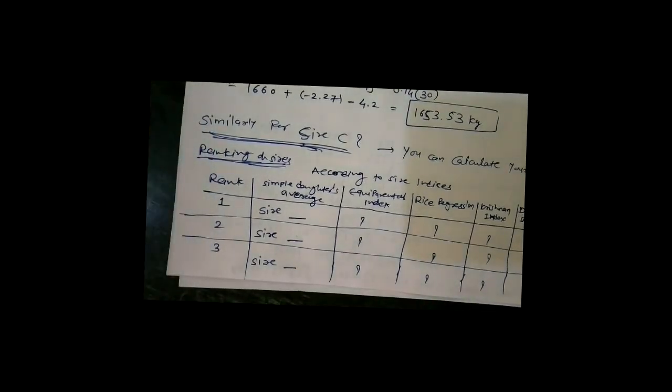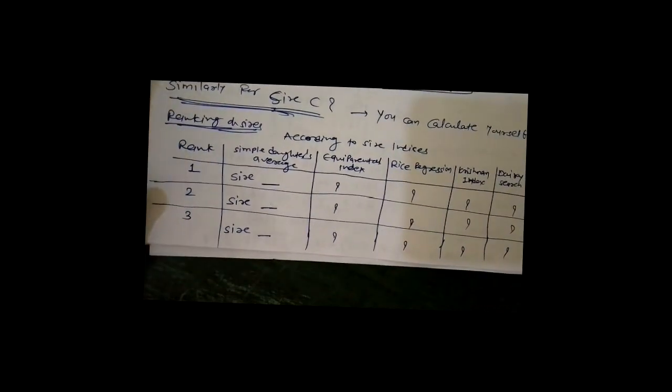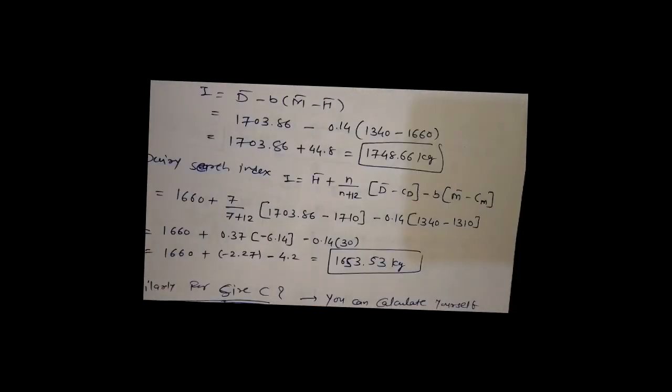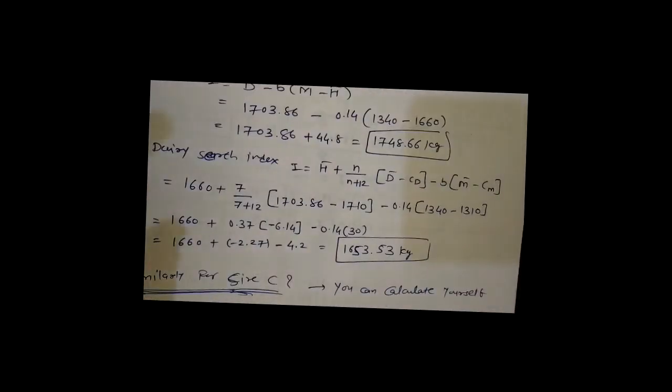So I hope you understand this practical, that is the calculation of sire index. Sire index and selection index are both different. Listen, sire index is simply the ranking of the sires based on their index value, based on their breeding value, and the selection index is another thing. So don't confuse sire index and selection index. I think you understand this concept about the sire index.